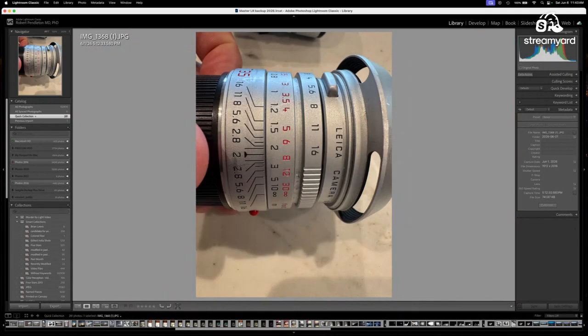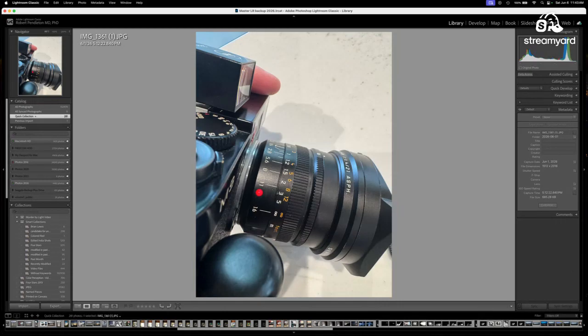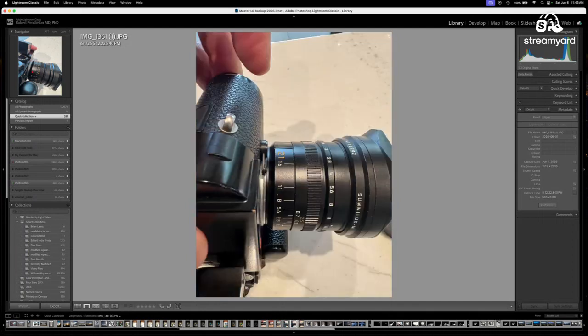A 35 millimeter lens gives me much better depth of field. At f16, everything from infinity to a little under 4 feet is in focus. And with the 21 at f16, everything is in focus from infinity to here. Actually, the scale is on the other side of the lens. There's 2.5 feet, and it's not even marked anymore.